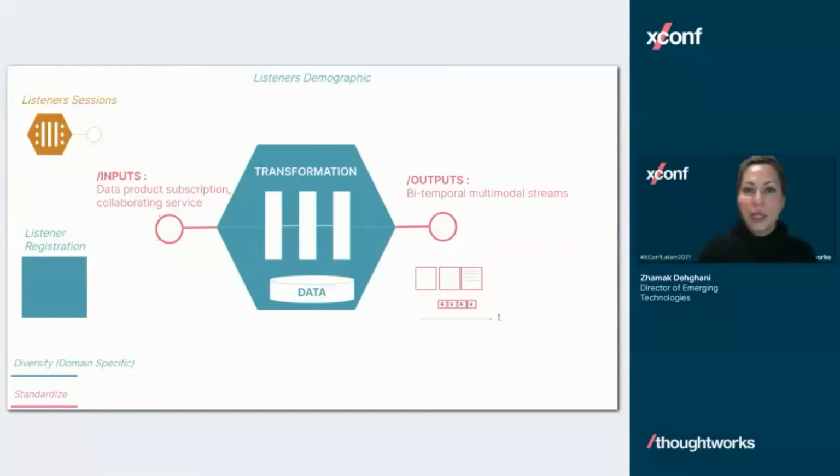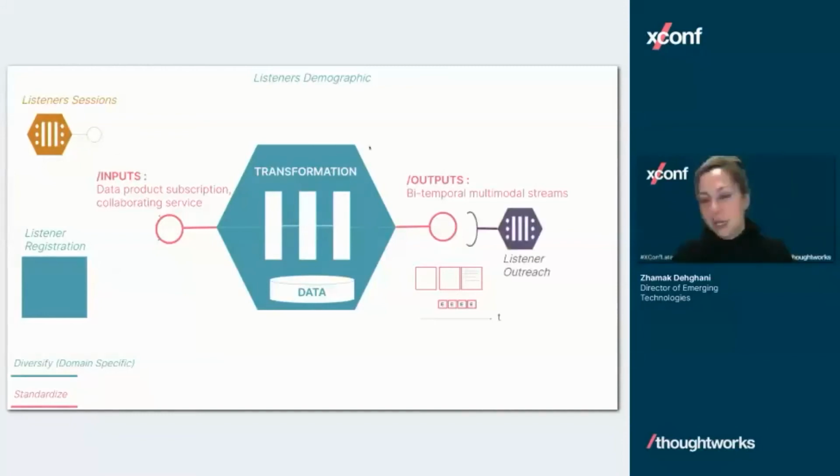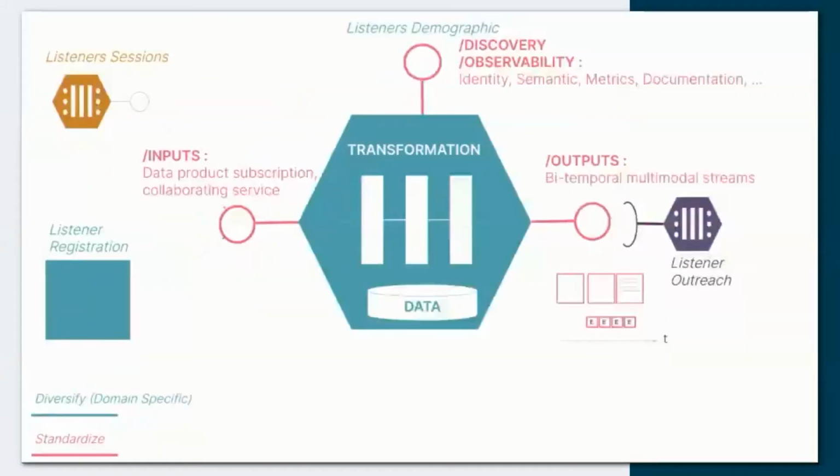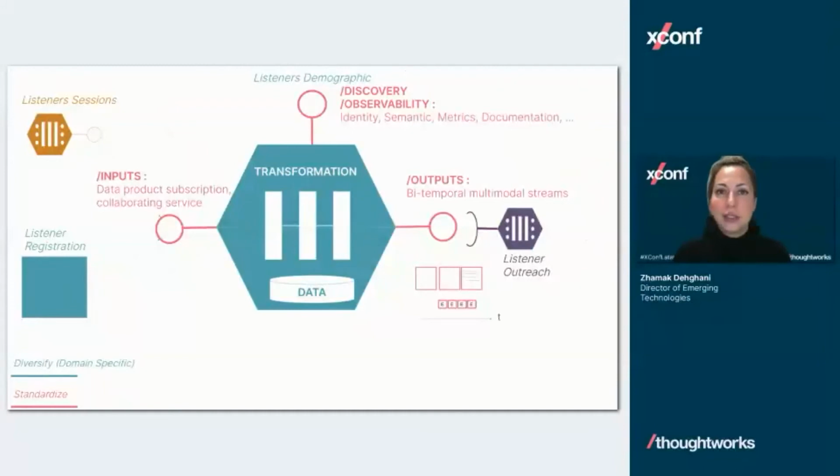And finally, downstream, you will have maybe another data product or another application that uses this data for, let's say, deciding which outreach they need to have to the listeners, what sort of marketing maybe they want to propose to them, and so on. You need to have discoverability and observability APIs, mechanisms by which you can identify the data product, learn about the semantics of the data, learn about the SLOs and metrics, like how often this data gets updated, at what cadence, what's the quality of it, what's the nature of it in terms of completeness, get access to the documentation, get access to all the logs and traces so you can have the lineage of the data.